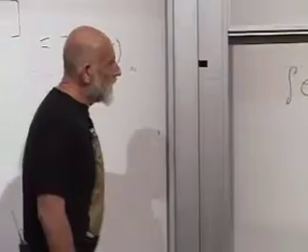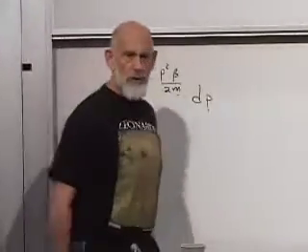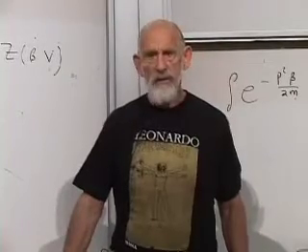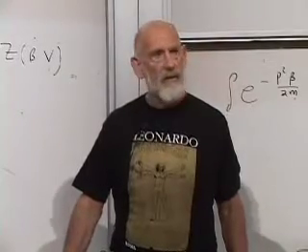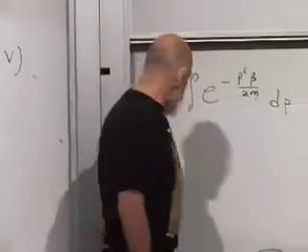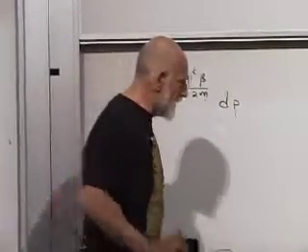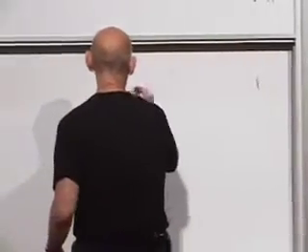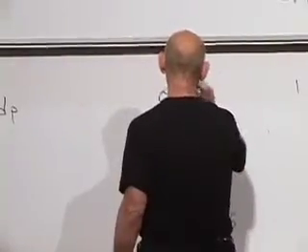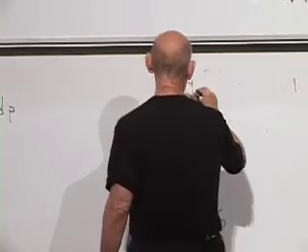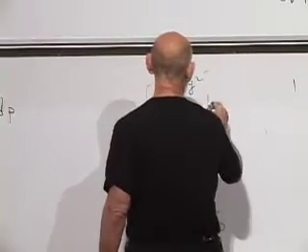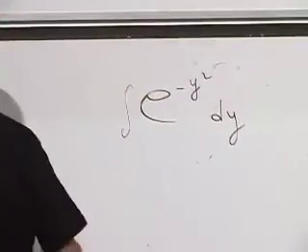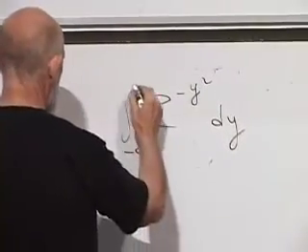I don't remember if we discussed it. Did we discuss Gaussian integrals? We did not. Not this quarter. All right, let's discuss Gaussian integrals quickly. This integral, let's not call it p, let's just call it y: e to the minus y squared dy. From where to where? From minus infinity to infinity.